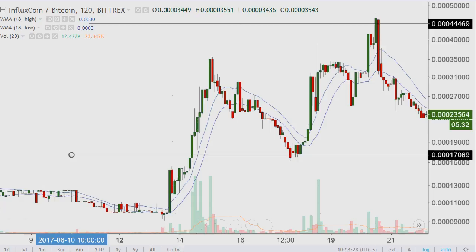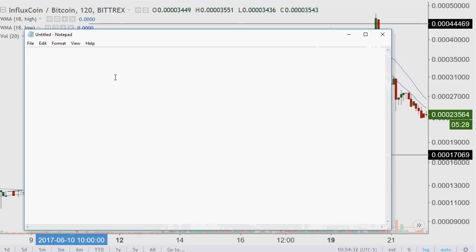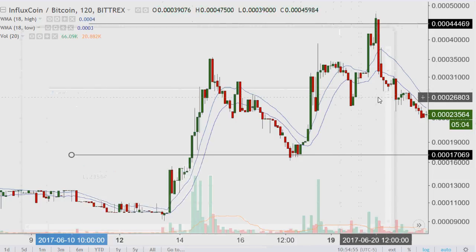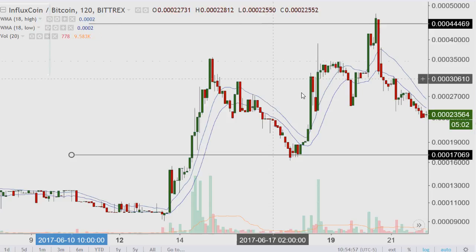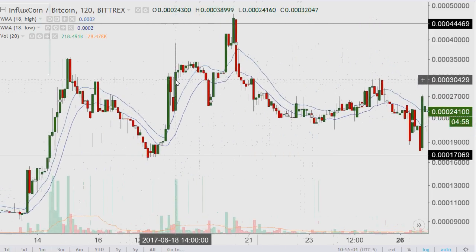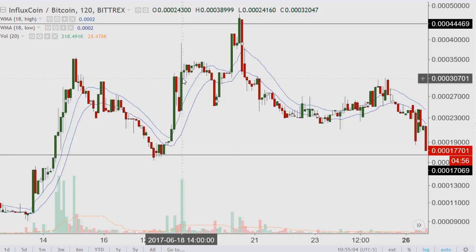So I'm going to use Notepad to determine my buys and my sells. 1 will signify a buy, 2 will be a sell. So the first price is in at 23,564. Okay, let's play through with time and see how the market moves. Now you can see in a situation here,